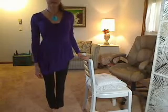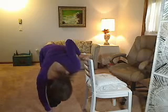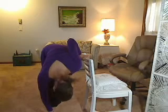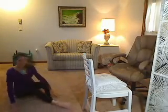From here, bending forward into your standing forward bend. Feel free to lean on the chair for balance or leaning against a wall. And come all the way down, rolling onto your belly,